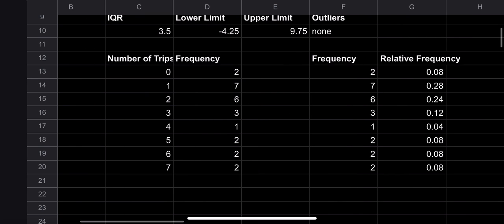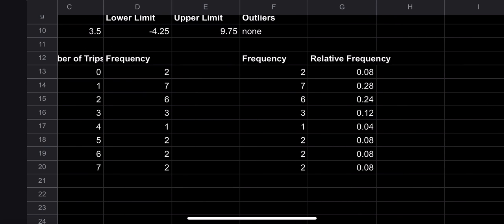For the relative frequency table, the people who went on 0 trips took up 8%, 1 trip 28%, 2 trips 24%, 3 trips 12%, 4 trips 4%, 5 trips 8%, 6 trips 8%, and 7 trips